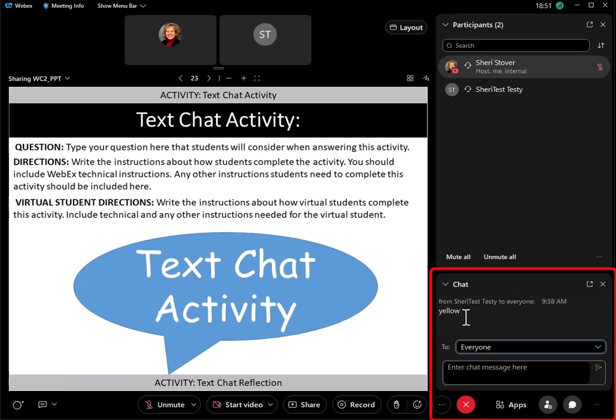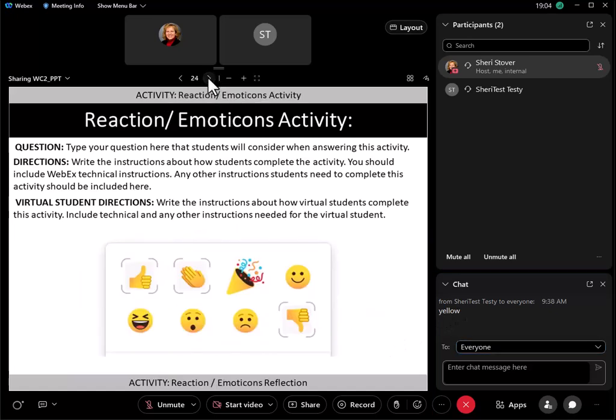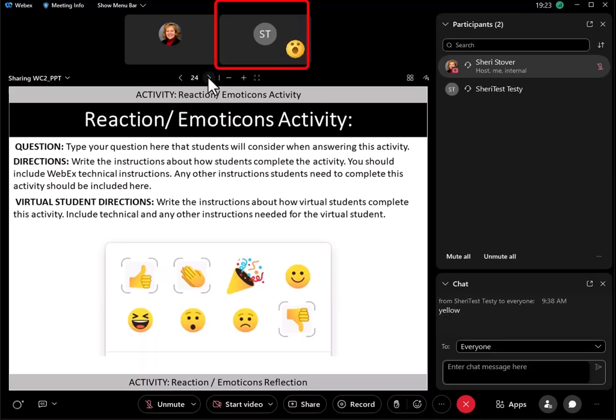And the test student answered their favorite question was yellow. Sometimes I'll say hold your answers, and then when I say enter, they all come in if you don't want them to see it. And then maybe you do a reaction emoticon, like tell me how you're feeling. The student would come over and select an emoticon, so you can see the student's emoticon right there. The beautiful thing about emoticons is they just show up for a few seconds and then they disappear. But as the facilitator, you need to look pretty quickly.